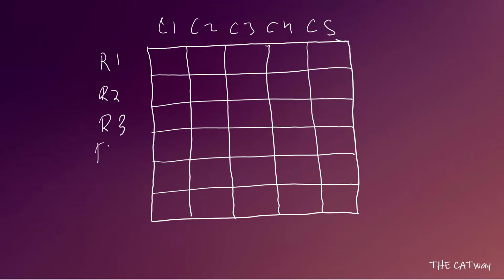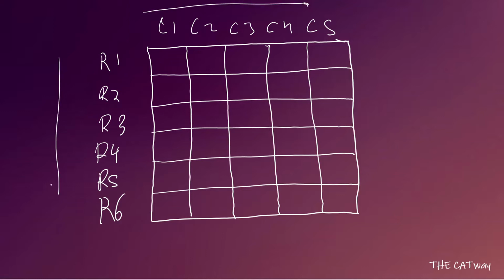Okay, so we have to make a matrix. So these are the columns: column 1, column 2, column 3, column 4 and column 5, and we have been given that there are 6 rows. So row 1, row 2, row 3, row 4, row 5, and we have row 6. So we have to go from left to right and from top to bottom. So this will be the first one, second, third, fourth, fifth, sixth, and so on. This is how we have to count, and we have to go on for every seventh student.